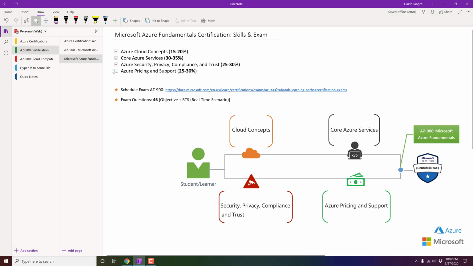And the last one is about Azure pricing and support. For example, if your organization says, I have $500 or $1,000 or $1,500, you need to make a plan for how you can leverage all of your Microsoft Azure resources to make the best environment for your organization within that limit. Once your services are deployed, how can you analyze which service is using how much money? All of that and how you can talk about cost management will be covered in this area. It is again around 25 to 30%.